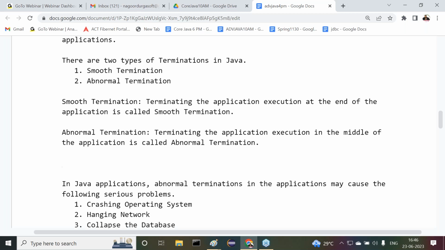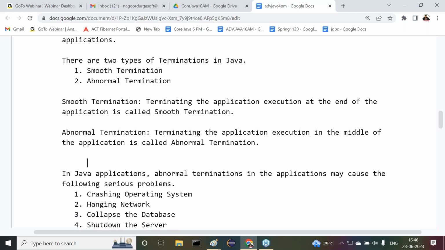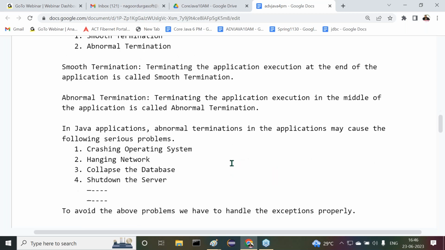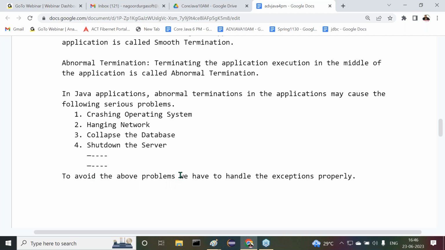In Java applications, as I gave the point clearly, abnormal terminations in the applications may cause the following serious problems. To avoid the above problems, we have to avoid abnormal terminations to the applications.